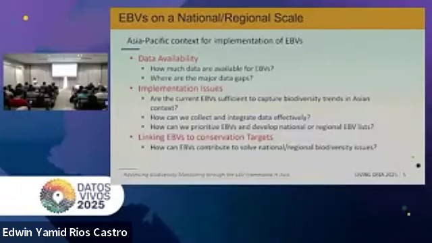How can we collect and integrate the data effectively? How can we prioritize EBVs and develop a national or regional EBV list? And lastly, linking EBVs to conservation targets: how can EBVs contribute to solving national and regional biodiversity issues?